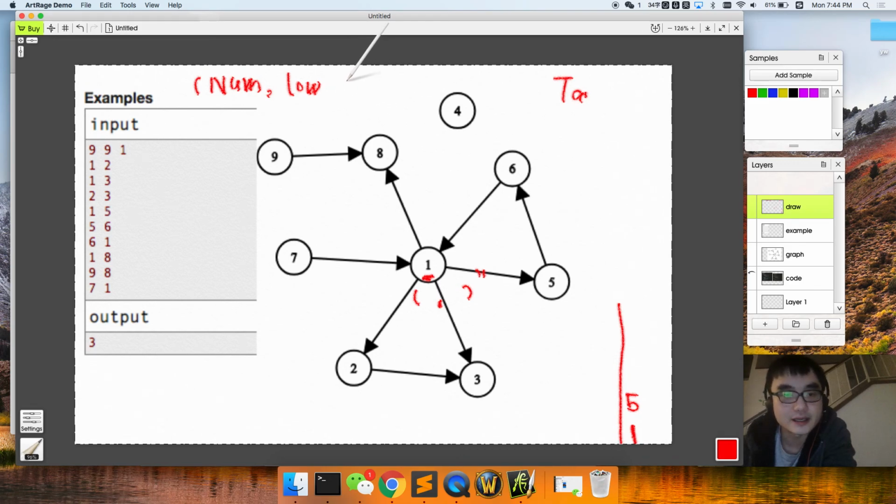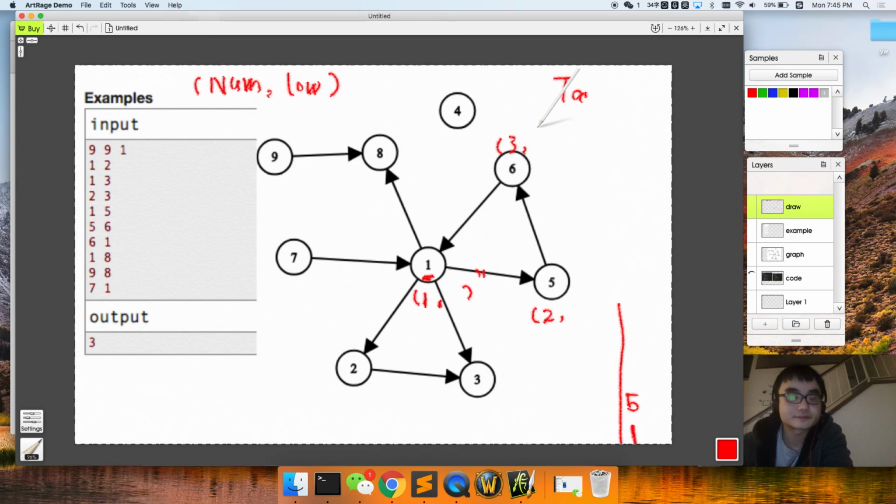Let's just call it low, right? We have two features for each node. The first feature is the number in which we visit this node. For example, the first node we are visiting is node 1, so its number is 1. The second node we are visiting is node 5, so node 5's number is 2. And the third node we are visiting is 6, so node 6's number is 3,